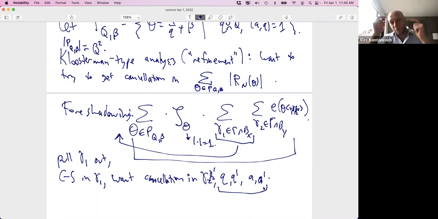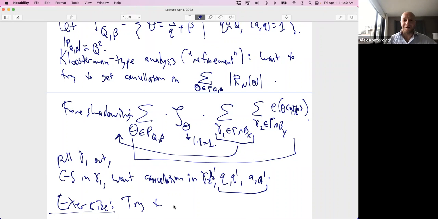The first, should we take the time to work out why the first Kloosterman refinement doesn't give us what we want? Or should I leave that as an exercise? So here, this is a really good exercise. If you want to be prepared for class on, what's today, Friday? So class on Tuesday, here's an exercise. Try to work this out yourself